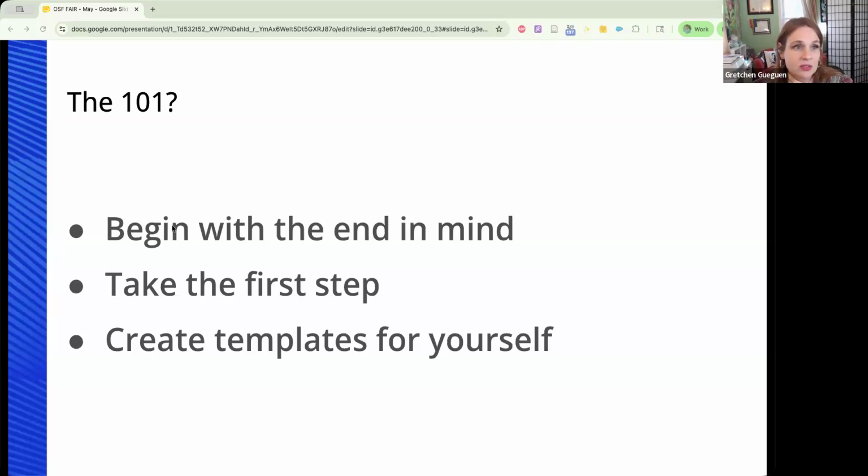Finally, you can create reusable templates for yourself that make it easy to maintain consistency across different projects. And there are plenty of resources out there that can help you, for example, figure out how to structure your README. I had a link in a previous slide, which you can go to when you get the slides after this, that can help you create that template for a README file so that you know you're always doing it consistently and completely.